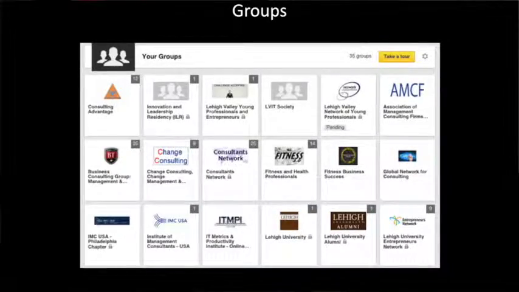One thing that's awesome about groups, and that's a pro tip, is that when you're in a group, you can select the people that are in the group by going up to the top right-hand corner. You can't see it in this screenshot, but when you're in a group, it looks just like your feed. There's a series of content that goes down the side, and in the top right-hand corner, it says the number of people in the group, and it says members. If you click on that, you can see everyone in the group.